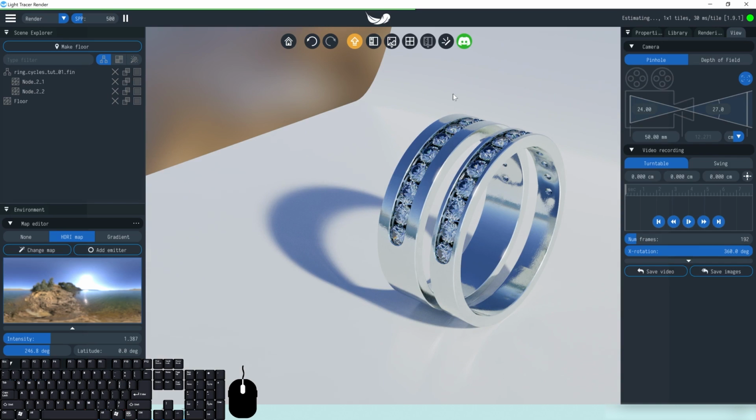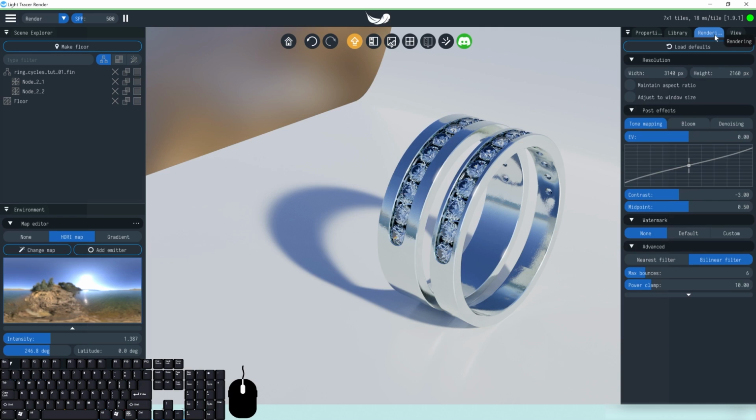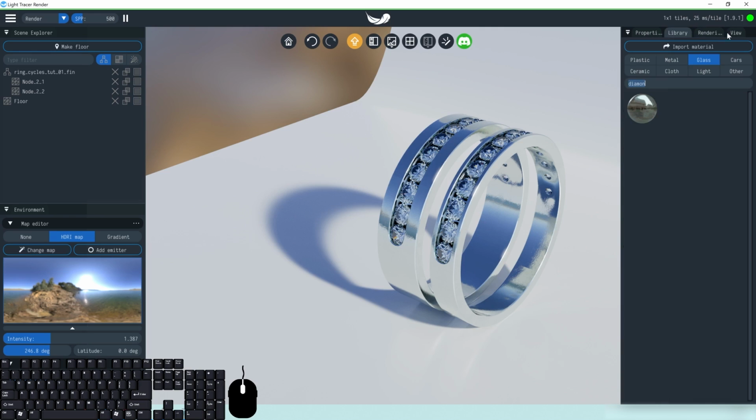So the other cool thing is if we go over to view, you can change how all of this stuff is rendering. You can change this to a different focal length. You can change how your video recording is being done. I'm not going to go into this because I haven't really played with this, but you can do some quick animations and stuff like that. And there is a way to turn on the